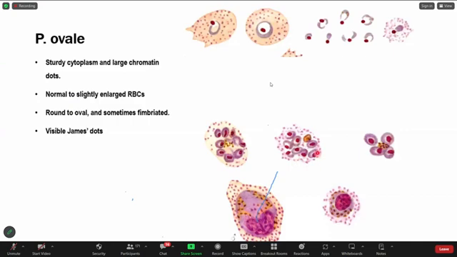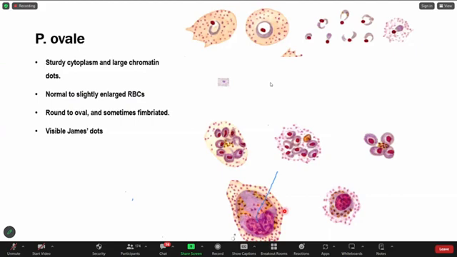Also, if you compare with P. vivax, we see that it also enlarges cells, but the merozoites are much more. Even the gametocyte of P. ovale is differentiated by the oval-like nature of the infected red blood cell and the